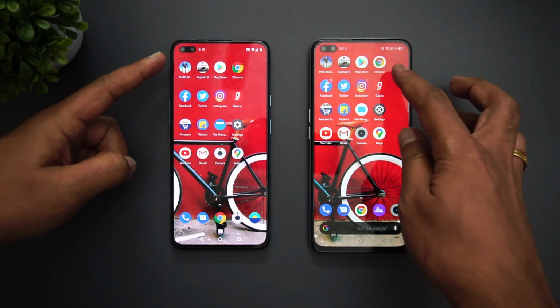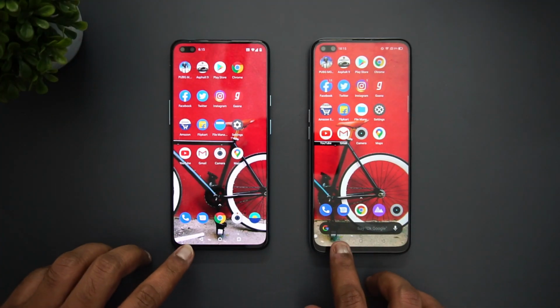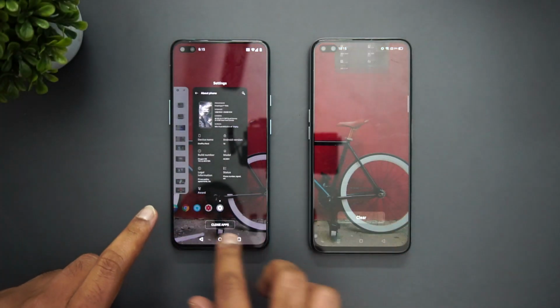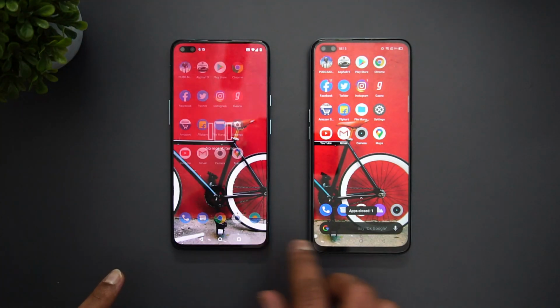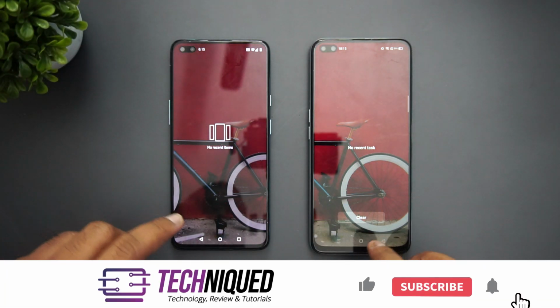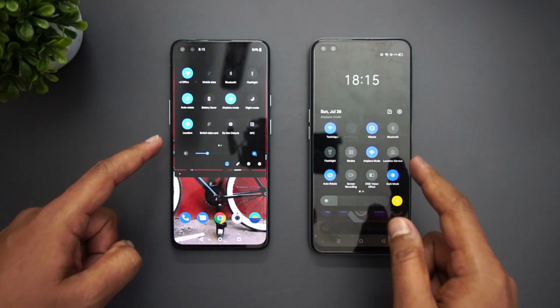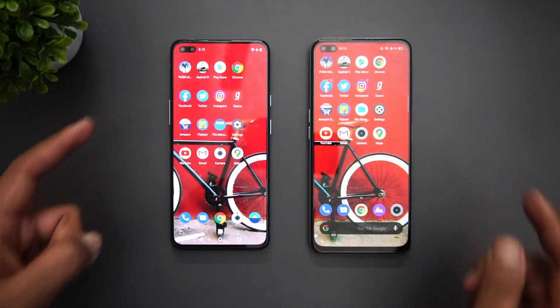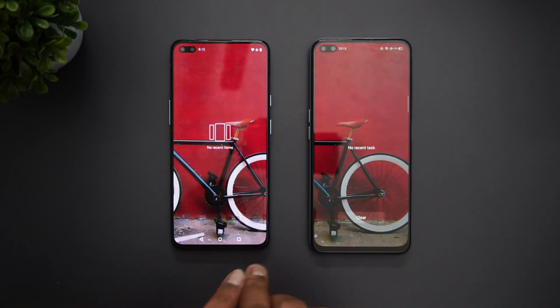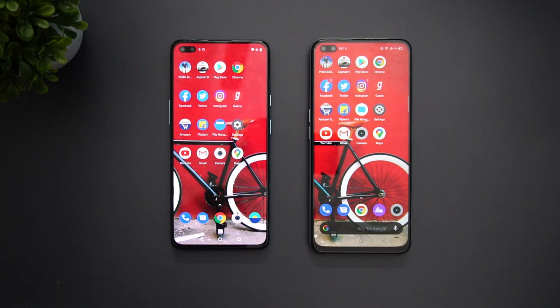Now we have these 12 apps lined up, and we're gonna clear off all the background apps. So there you go. We have cleared off all the background apps on both the devices. Now we'll just see the network connection. So you can see here both the devices are connected to the same Wi-Fi network. Both are in airplane mode as well. So we'll just once again clear off all the apps. So there you go. Now we're going to start the speed test.